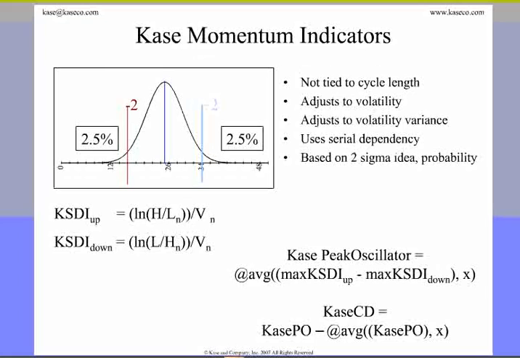And the same thing with the KSDI down, but it's just flipped around. It's the logarithm of the low today divided by the high n days ago. So again, the result is actually a measure of how many standard deviations the market has moved. And we'll do that